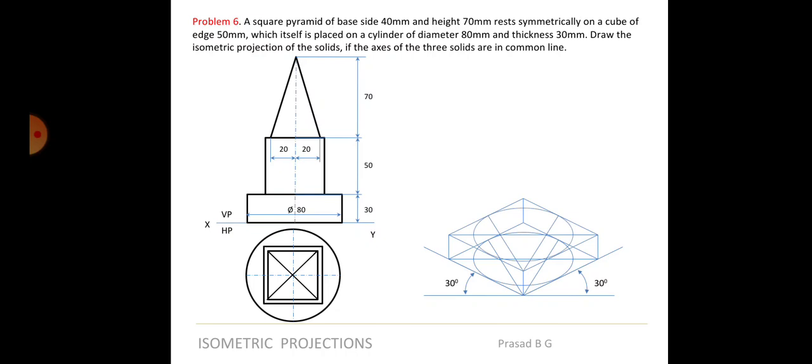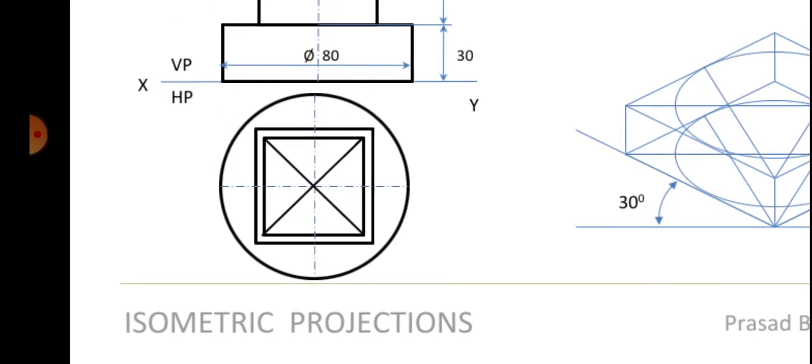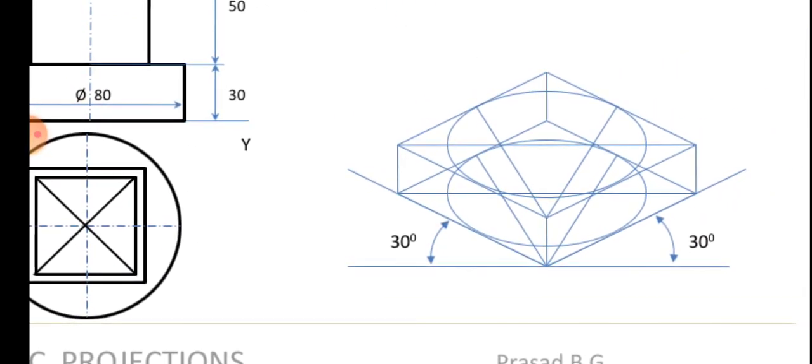Again on the top cylinder, right? So top portion we have to draw the cylinder, but don't draw anything in dark. There may be many lines that will be coming. Please don't draw anything in dark here. So base you have drawn 80, and height what you are going to take here is 30. That's given in the question. ISO 30 on each side. Same box will be drawn on the top, and same ellipse will be drawn here. Of course, part of the ellipse will not be visible later on. We'll see that later. So don't make it dark here.